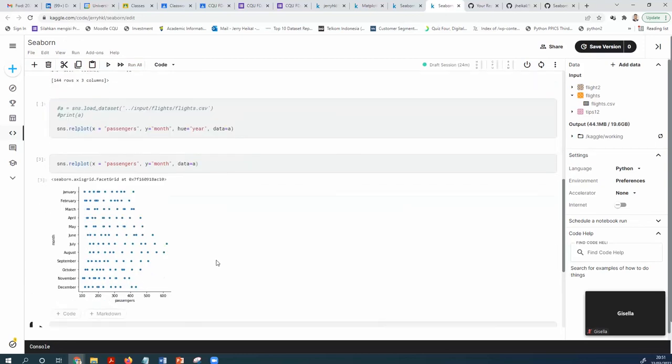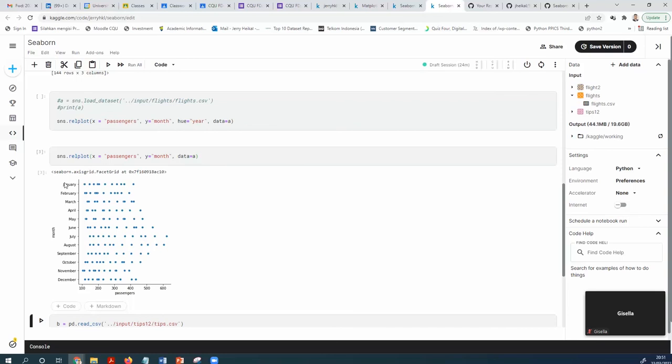Okay, this one. There will be January, February, March, April. In January, the passenger count maximum is 400 something, minimum is 100.